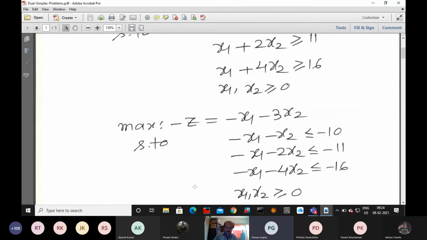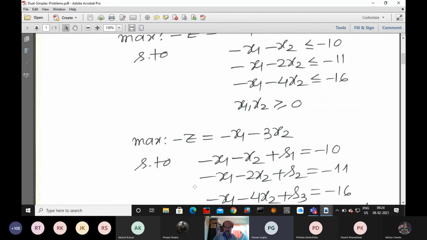Okay. But if a solution is feasible for both primal and dual, won't the complementary condition already be fulfilled, or do we have to specifically check if it is fulfilled or not? No,